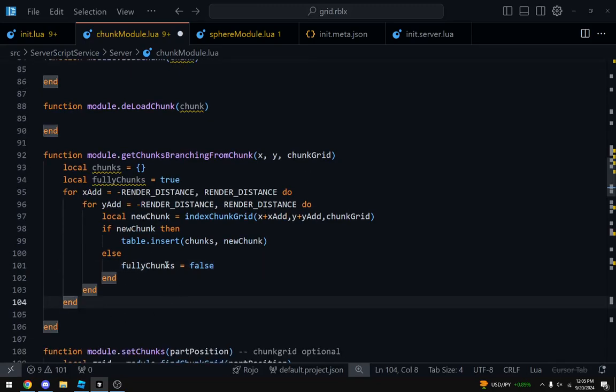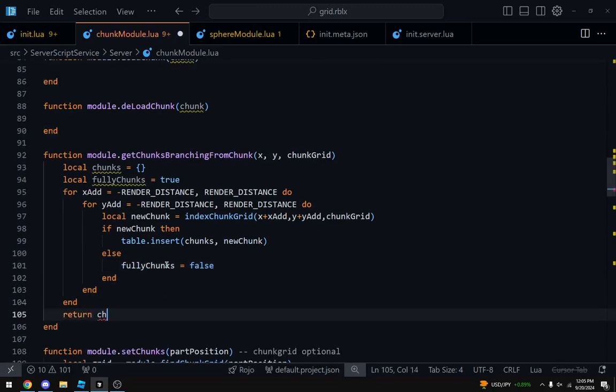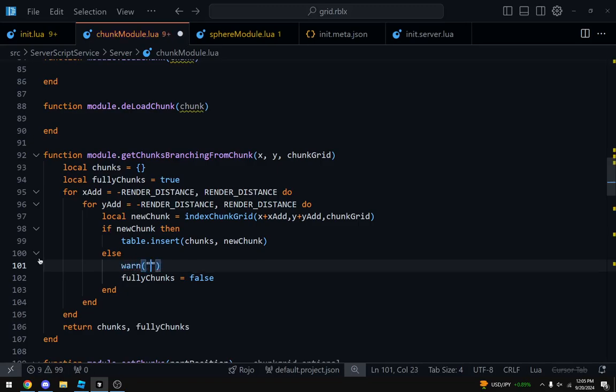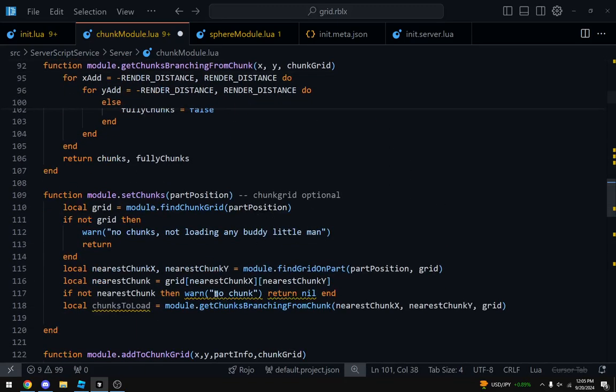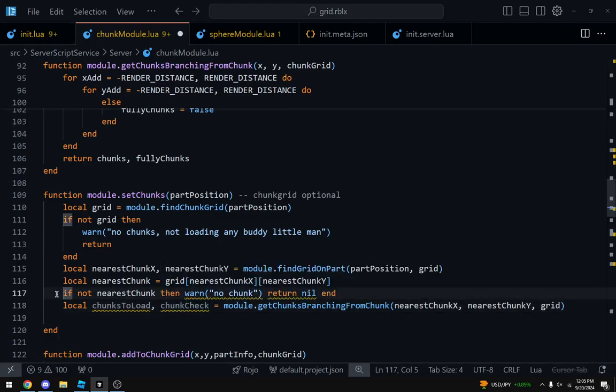And what this basically means is that we're going to return chunks and then fully chunks. I'll also warn chunk not found. Basically, when we send this to the chunks to load and the chunk check, if this value equals false, then we know a chunk failed to load.